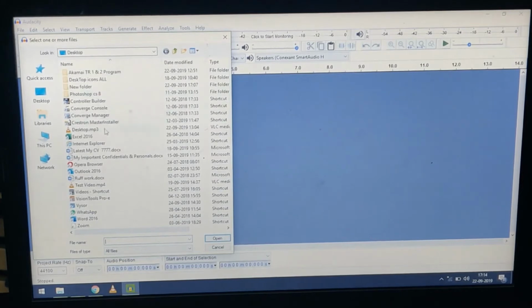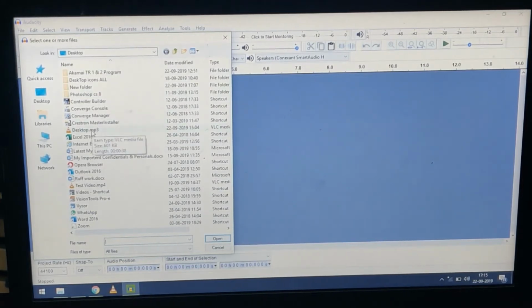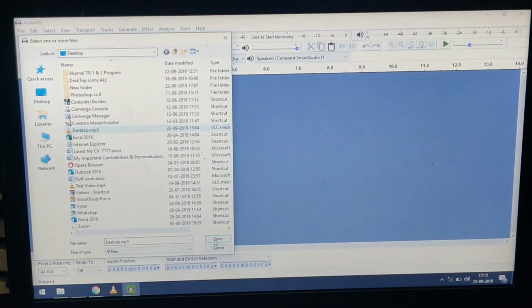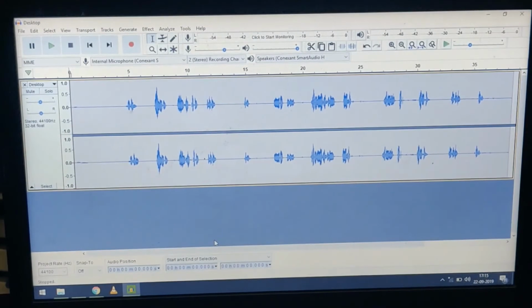Here we need to search for the mp3 which we have already converted. So this is the one, the desktop mp3. I need to select this and click on Open. So it's opened in Audacity software.